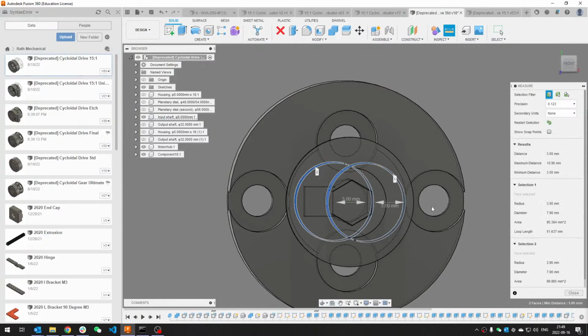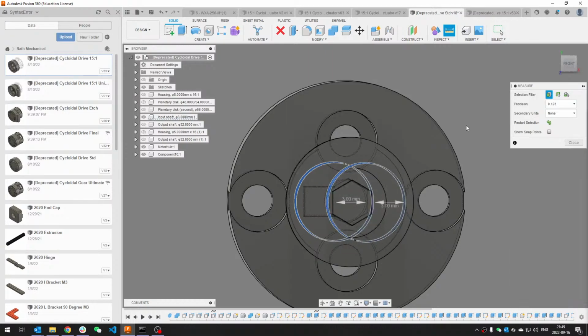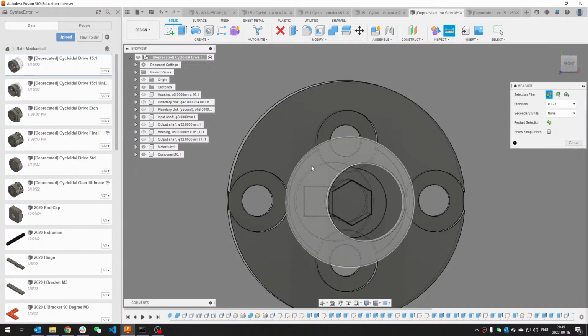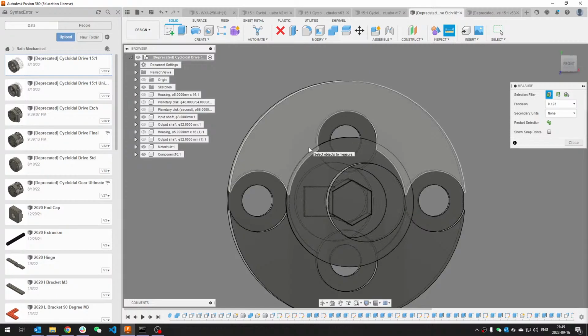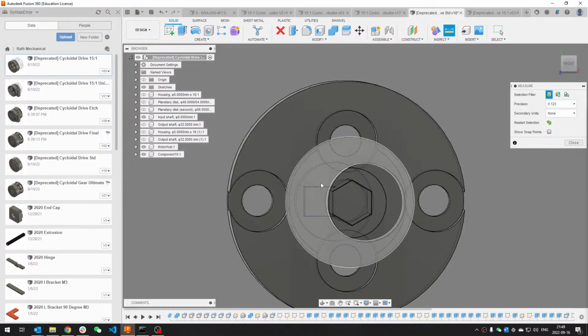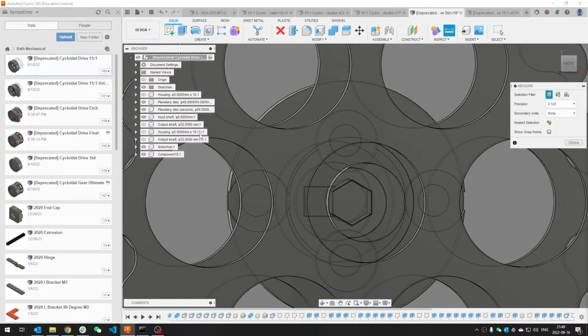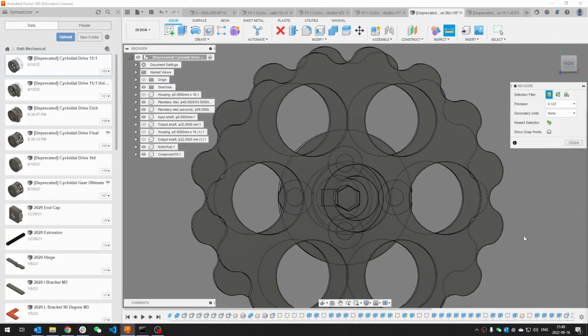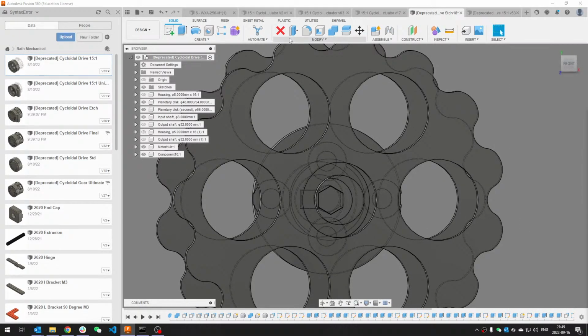Oh yeah, that makes sense. The eccentricity is 1.5, so it's 3mm difference here. So we just need to make this one 3mm larger, or I guess 6mm larger. Yeah, but then we will have two different cycloidal discs, and one of them will look like,